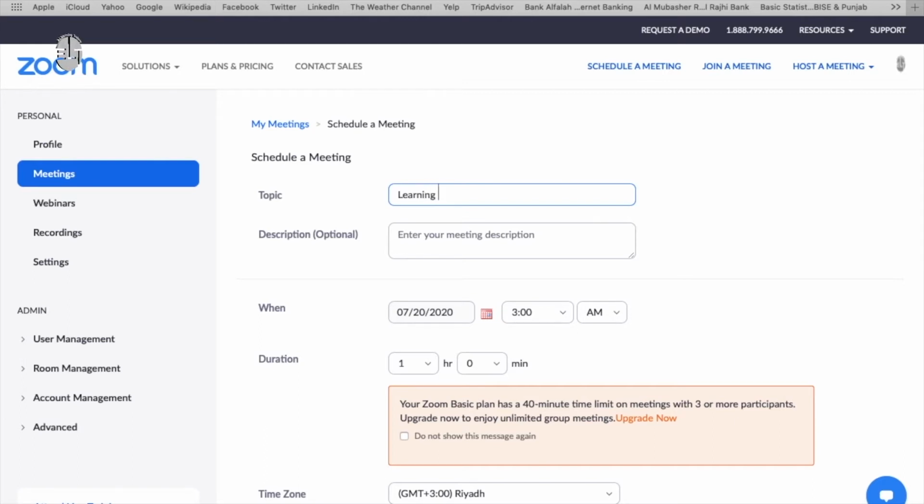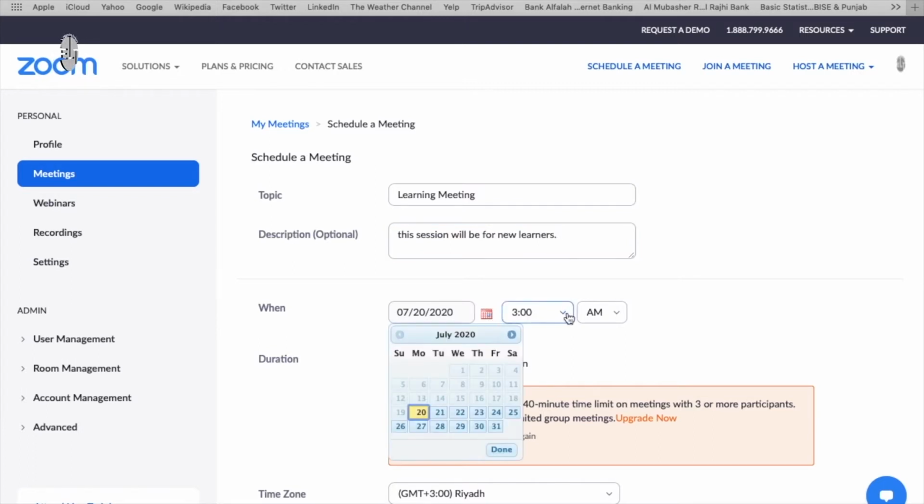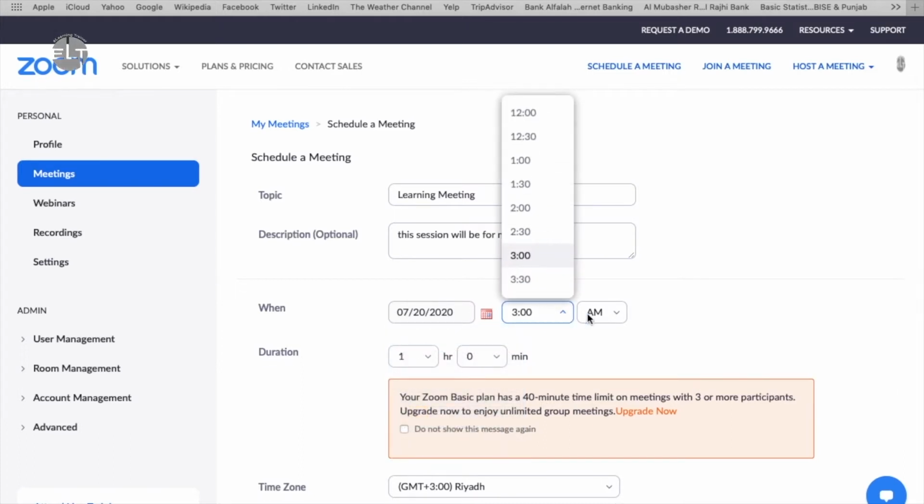Schedule a meeting means you want to schedule your lecture before time and you want to share the link with your students, so your students understand and know what time they have the class and they can log in. Enter the topic and description related to the topic and which date and time you want to schedule. Select the date and time